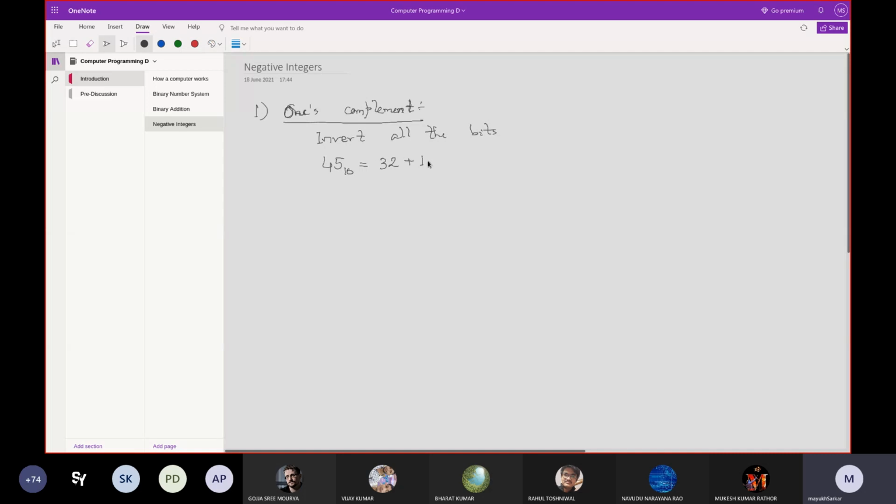That was not loading, so let me write it out again. 101101. Okay, so this was in binary, 45 decimal. So in ones complement, minus 45 in decimal